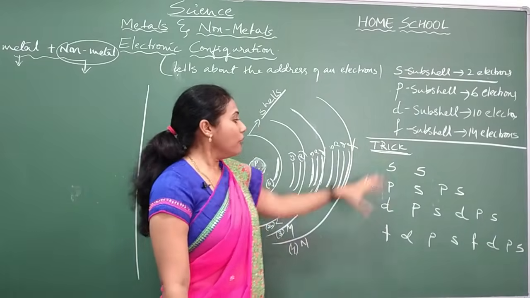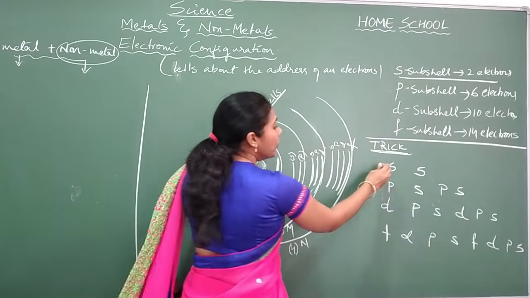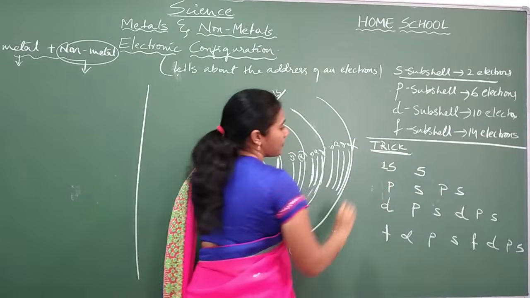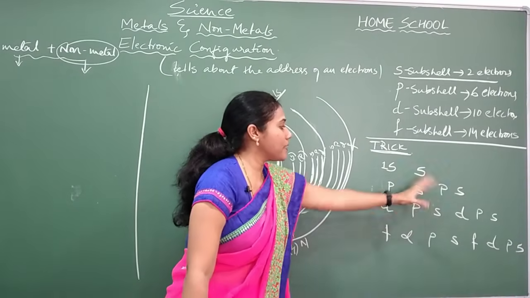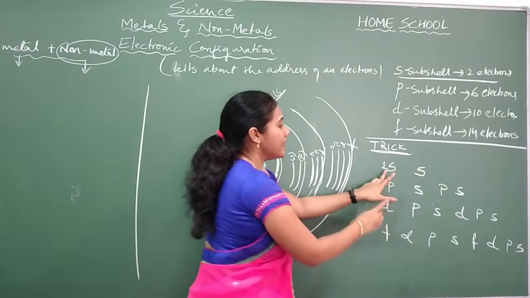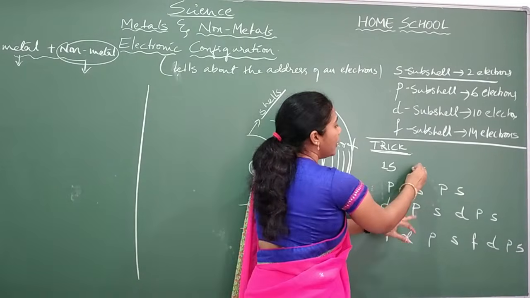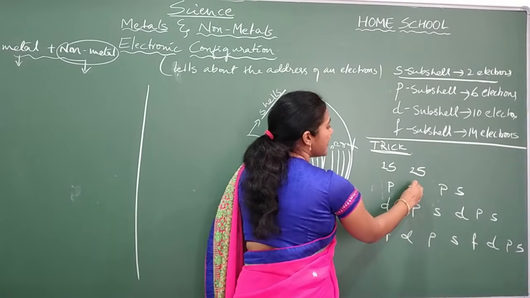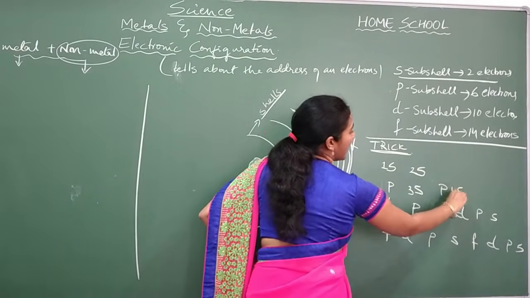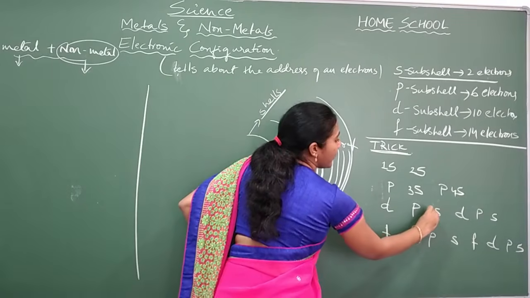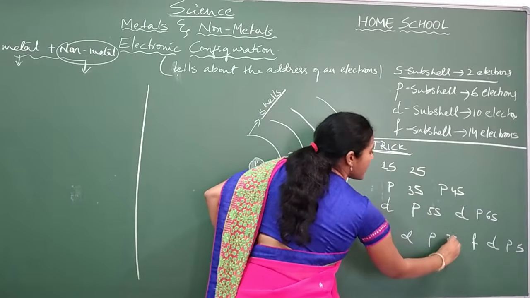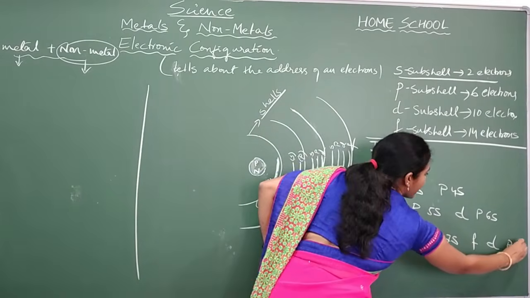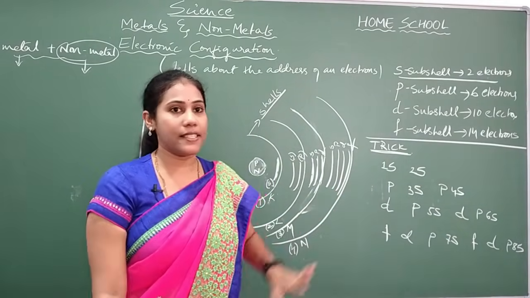So now you have to put the numbers. This is 1s. You start with the digit 1. Try putting the numbers for all the s's gradually. This is 1s. Next s is here: this is 2s. This is 3s. Here one more s: 4s. This is 5s. This is 6s. This is 7s. And this is 8s. I have given numbers for all s's.